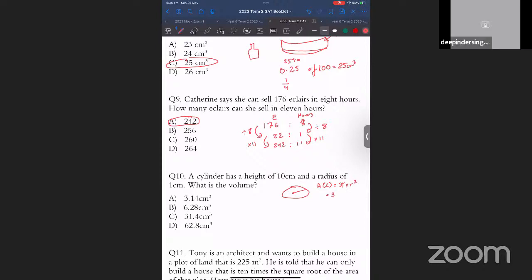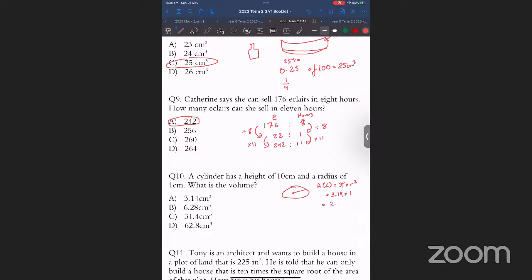Pi is 3.14 and r squared is 1 squared. 1 multiplied by 1 is just 1, so the area of the circle is 3.14. And the height is 10 centimeters. So volume is equal to 3.14 multiplied by 10, which is 30.4